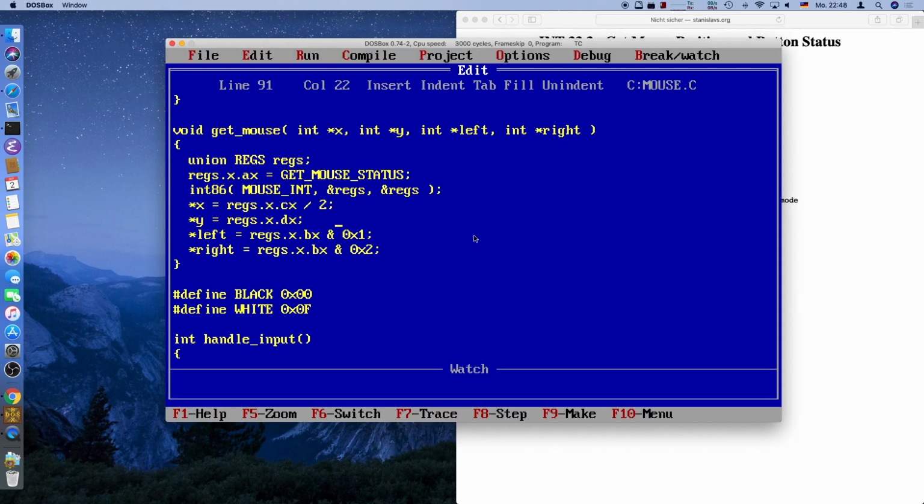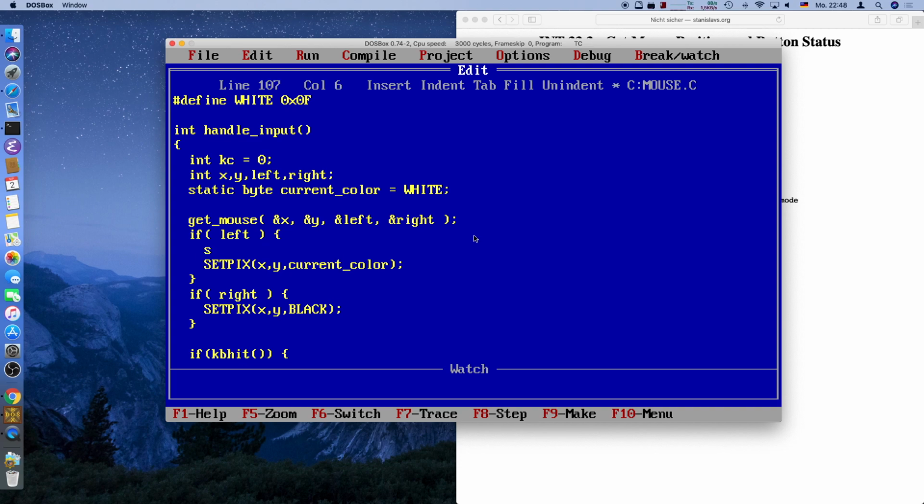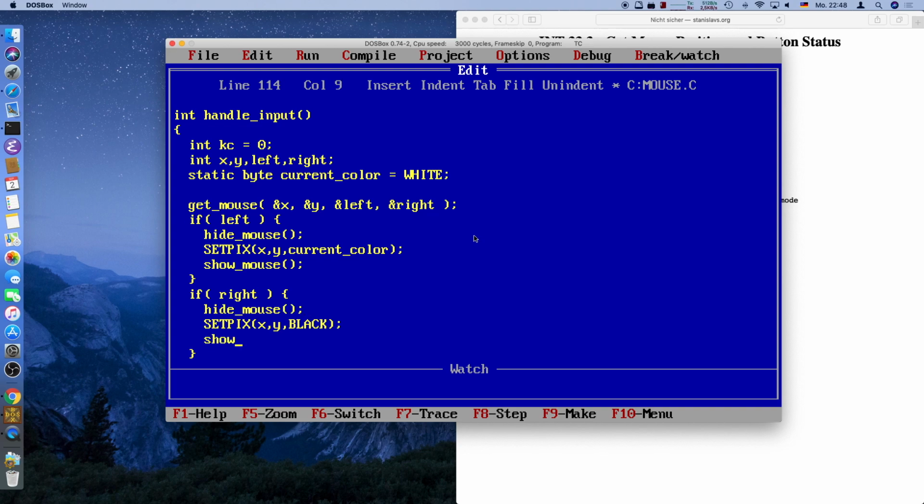So the simplest thing that we can do, and since we are aligned with the vertical refresh, this will actually not flicker. We can do the following. Every time we see that a button click happened, we can hide the mouse cursor and then afterwards show the mouse cursor again. This way it will restore what's on the screen, then we set the pixel and then it will store again. And this should work just fine. Same goes for when drawing black. And if we try that,